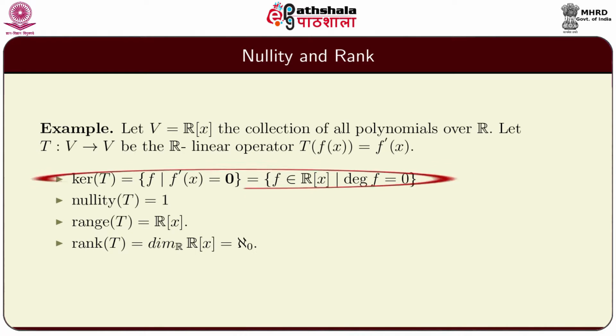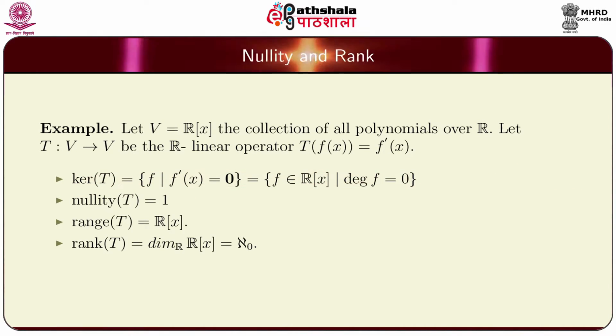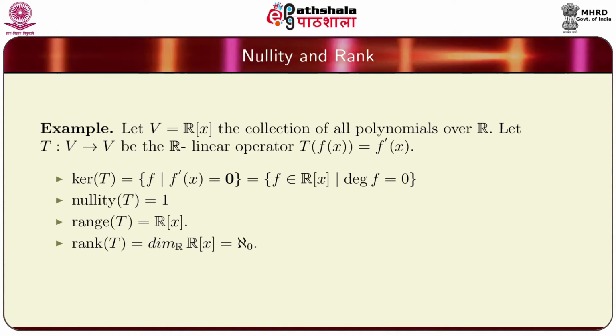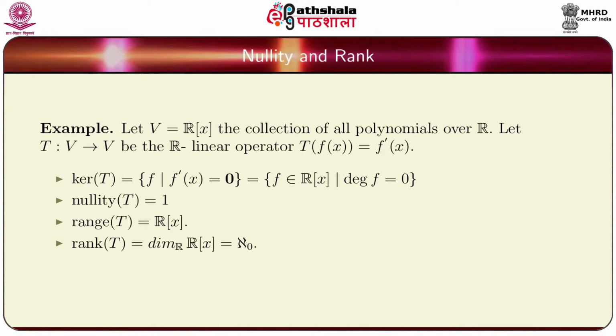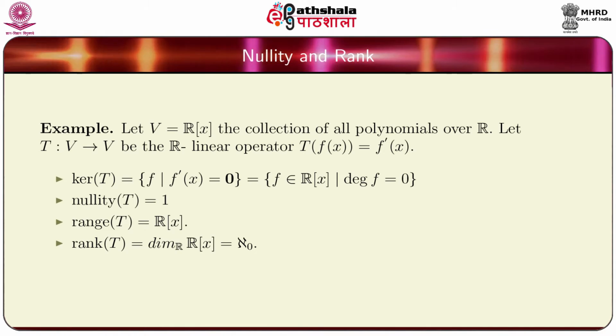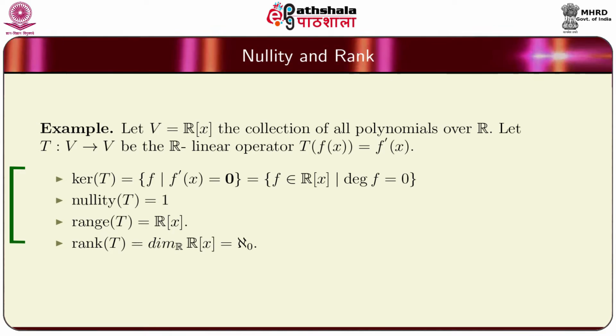Then kernel of T is the set of all polynomials f such that f'(x) is 0, which would mean that those polynomials which are the constant polynomials, that means degree f is 0. Therefore, the nullity of T, which is the dimension of ker T, in this case would be a finite number and it will be 1,